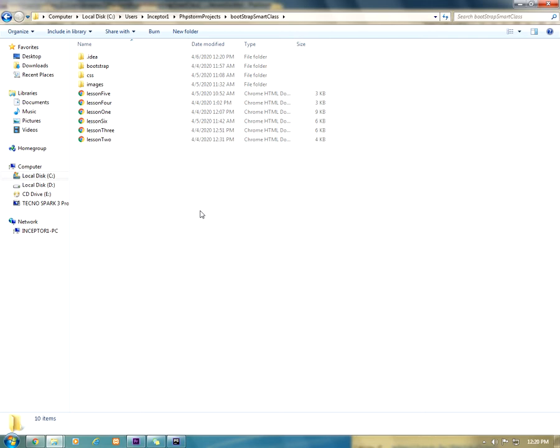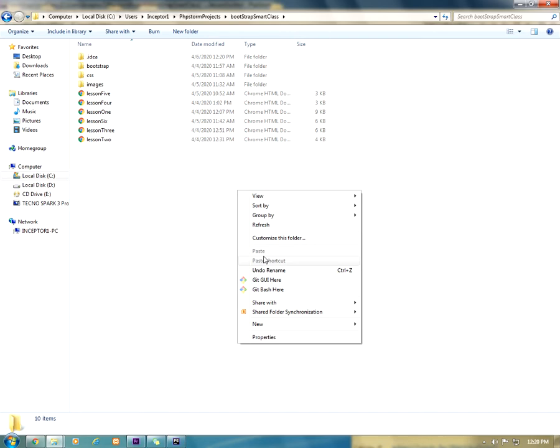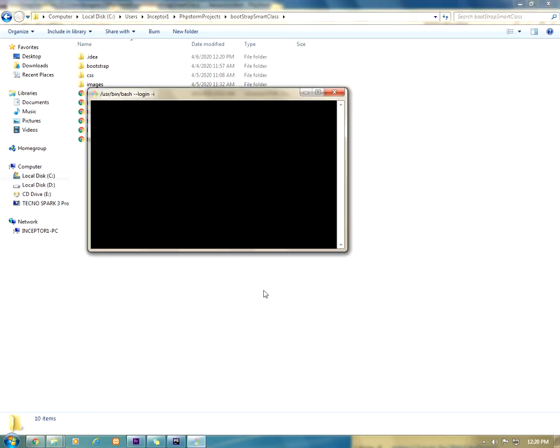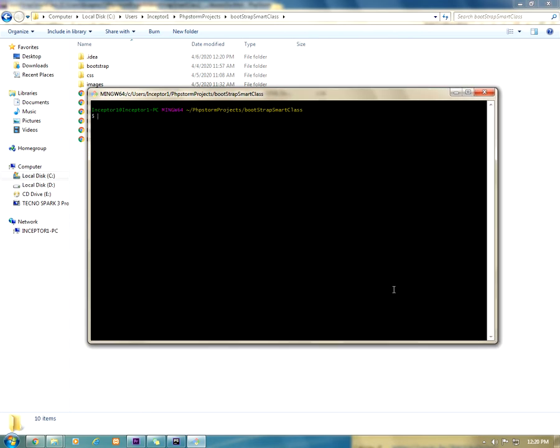Once you have opened your project, right click on this white area and then you say Git Bash here. If it's Linux, you say open in terminal. So I'll say Git Bash here. It is going to open Git Bash, our Git terminal, where we can now write our